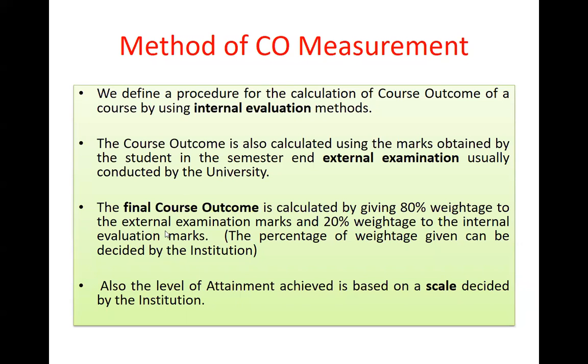So in the current manual, they have specified that if 80% of the students have attained the level that is set by the institution, you have attained the course outcome at a high level. If 70% of the students have reached the attainment value, you have attained at a medium level, and if 60% have attained, it is at a low level. Below that, there is no attainment value. So we'll see a simple method to calculate the attainments.